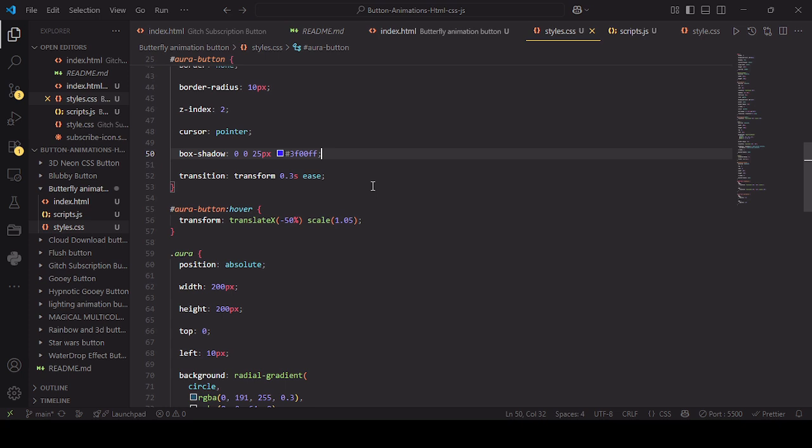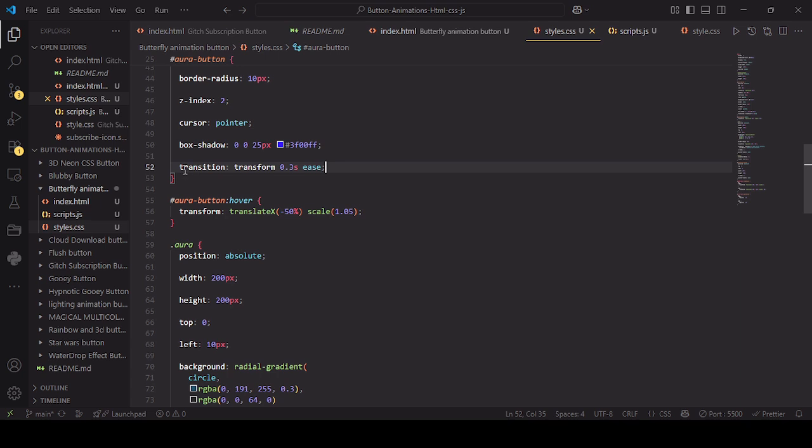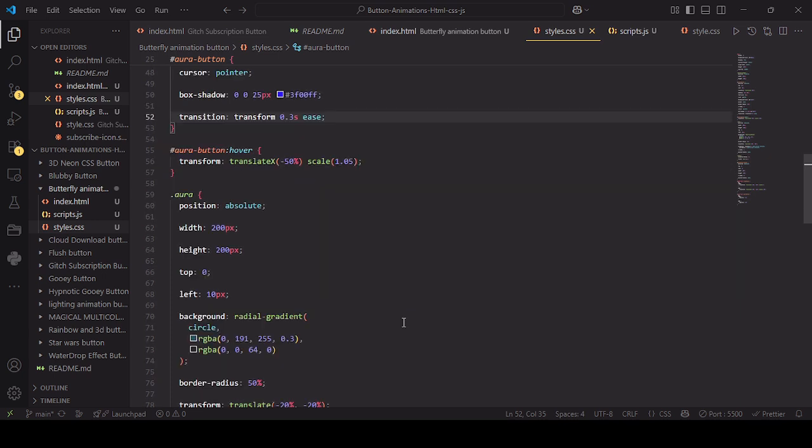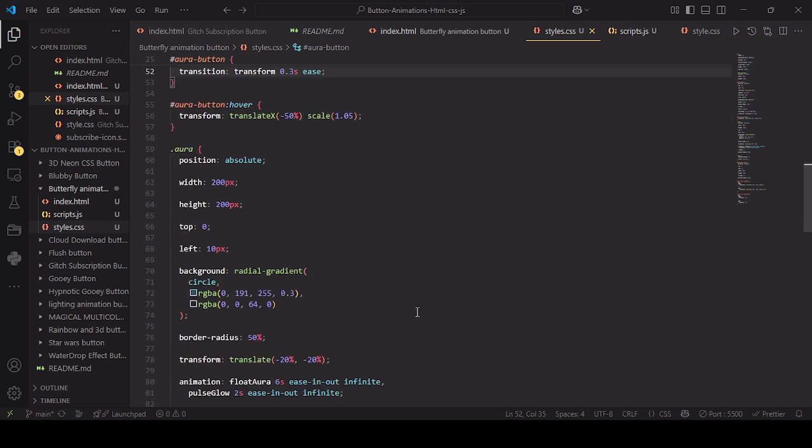And we have given it a transform transition of 0.3 seconds in the ease format. Then we go to the hover effect, which is translate X minus 50% and scale